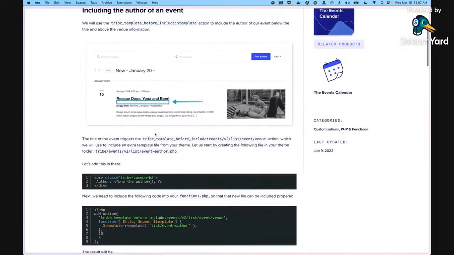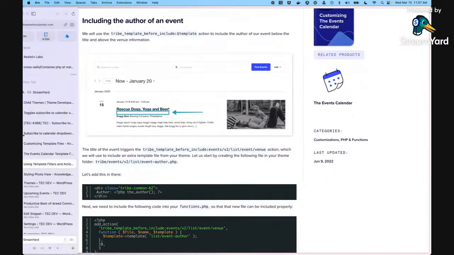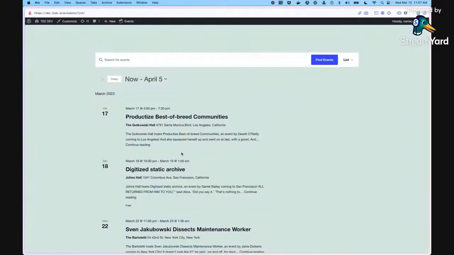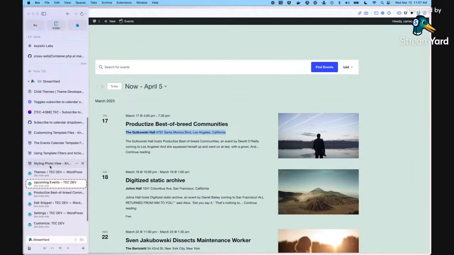The template we're looking at is the venue, right? Because right here, it's probably easier if I do this on my page here. What we want to do is put the author name in just before the venue. So this is our venue line, right? And we want to inject the author right between the title and that, okay? So